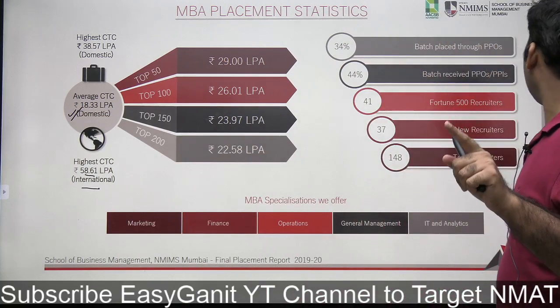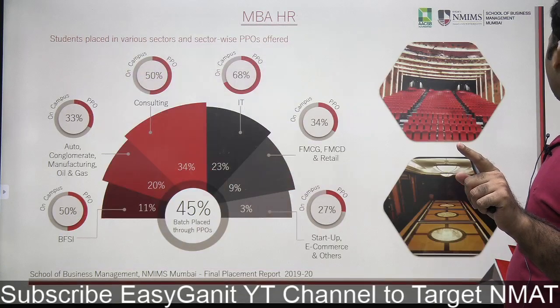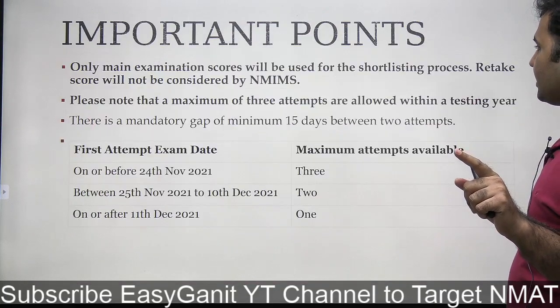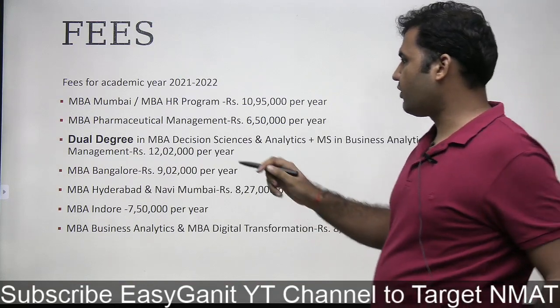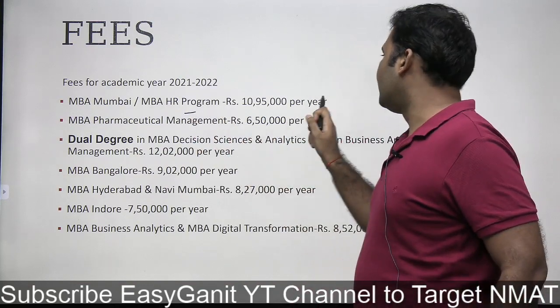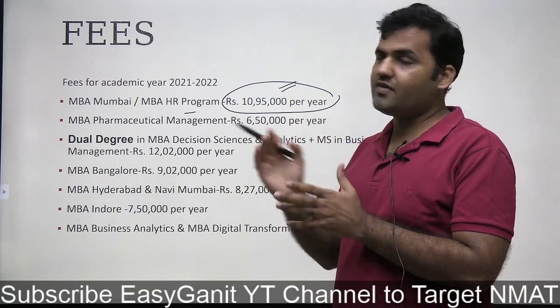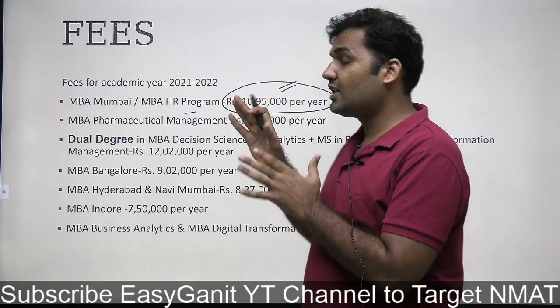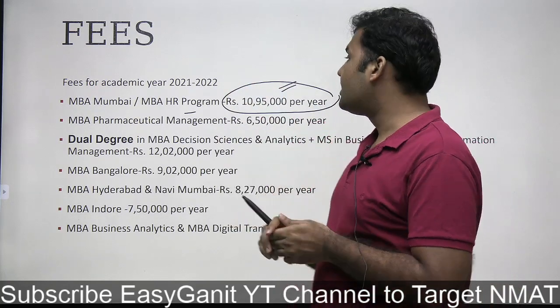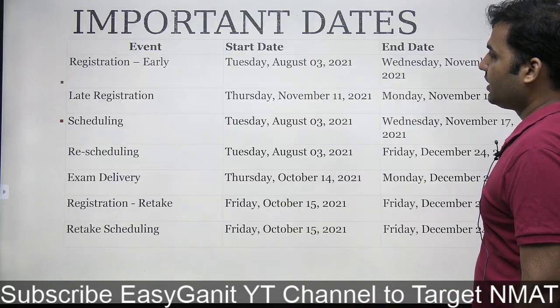If you look at the fee of this particular section, right? Let me take you to that slide because that's more relevant here now. If you talk about the fee part, guys, you see that in Mumbai, if you're going for MBA Mumbai or HR program, this is the amount of money you will be investing per year. This excludes your living, right? So 10 lakh 95,000, approximately 11. This might go up this year also, right? So 22 lakh is the amount of money you'll be spending in fees, right?